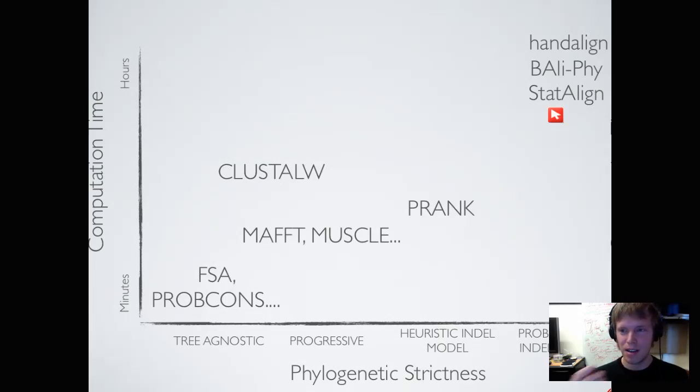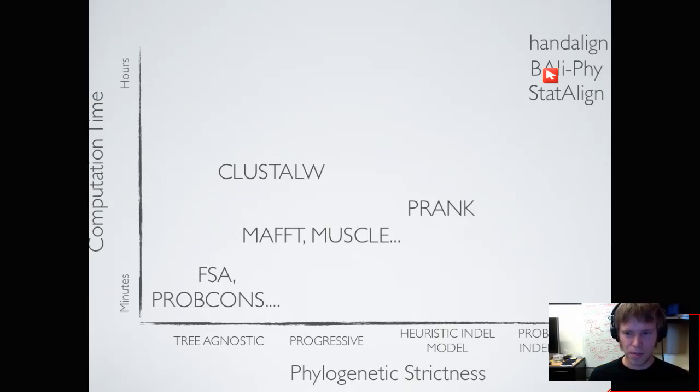So something like these alignment samplers, Handel, Bali-Phy, and StatAlign, have an explicit model of insertions, deletions and substitutions happening on each branch of the tree. But since exact inference can't really be done outside MCMC, it could take hours to days, even weeks, to compute an alignment. Or something like FSA, ProbCons, MUSCLE, really super fast, but their notion of the tree